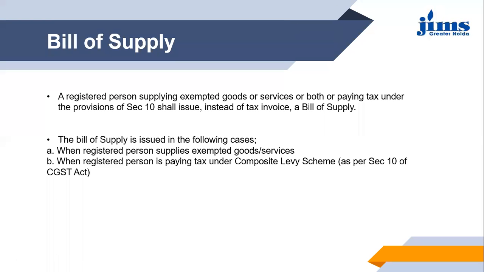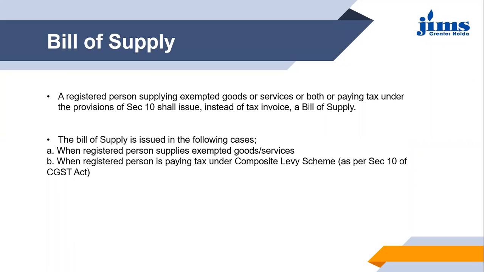Now, as you can see here, the bill of supply is another type of invoice, you can say, that is generated by the supplier, the registered person who is supplying the goods or the services. But this cannot be termed as the invoice, because by invoice, we specifically talk about the document that is issued by the supplier where the supplier is charging tax and the details about the tax requirements have been mentioned. But when the registered person is issuing the bill of supply, it means that the registered person is supplying certain goods or services which are exempted.